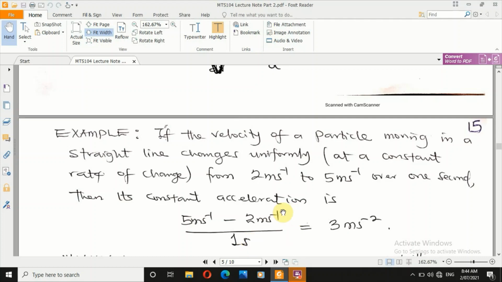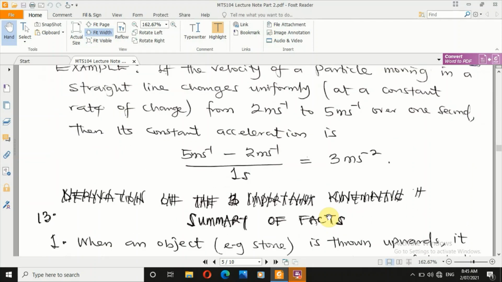By the time seconds is coming up, it is seconds to the power minus 1. So meters per second already has seconds to the power minus 1, and dividing by seconds again will give me meters per second squared, that is, meters seconds to the power minus 2. I'm saying it again: please pay attention to the unit. In this aspect of the course, we are going to focus on the units. Please take note of it.